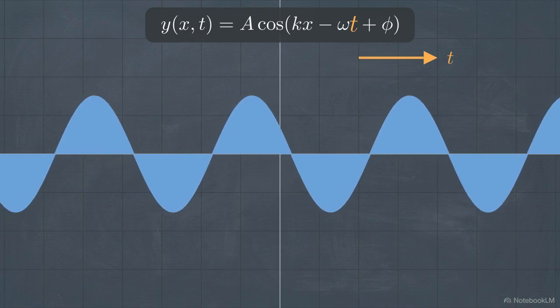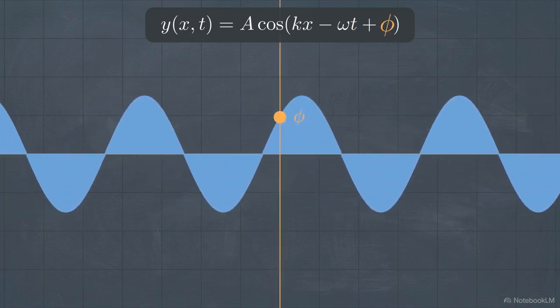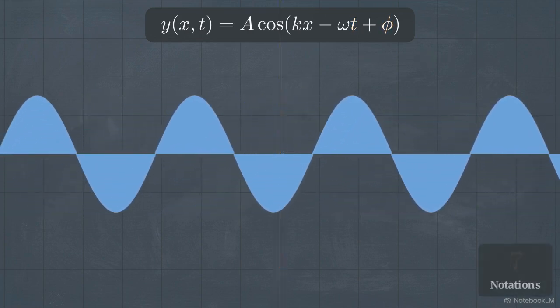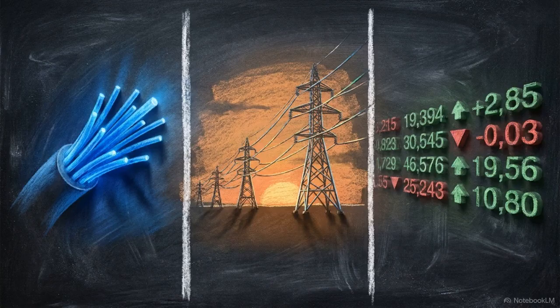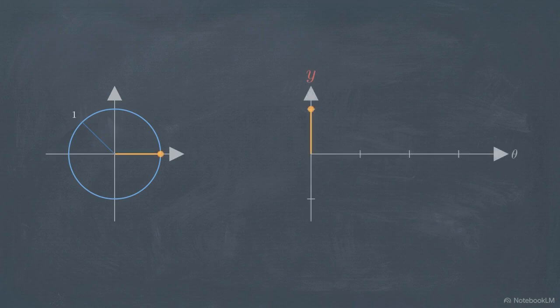We will break it down piece by piece, defining 14 specific notations, starting from basic geometry and ending at the Fourier series. Mastering the architecture of this single equation provides the mathematical vocabulary required to decode digital signals, alternating currents, and cyclical markets. This diagram shows a unit circle, a circle with a radius of exactly 1 plotted on a